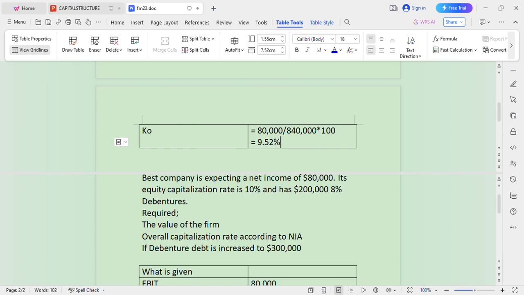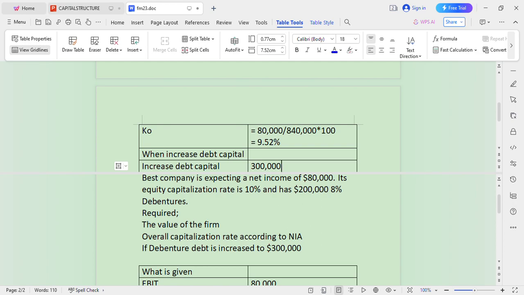If the debt is increased, so when you increase debt capital, what happens? So debt capital has been increased to 300 thousand. What will be, number one, the value of the farm,